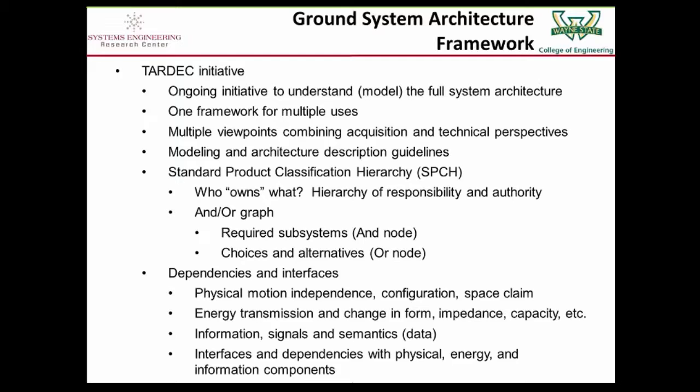Essentially, it's a breakdown of the system, a decomposition of the system, as an and/or graph. At and nodes, it says if you've gotten to this point, if you've made these design decisions, you're using a tracked vehicle with a diesel engine or whatever, to decompose this at this point, there are certain subsystems that are required. That's an and node. But for each of those subsystems, there might be alternative choices and solutions. So those are or nodes.